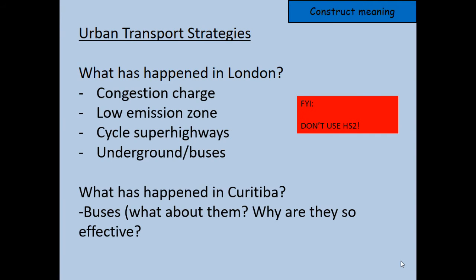You have to pay that every single day to go into London. Low emission zones, so there are certain areas where you can't drive your cars and things like that. They're hoping that the congestion charge will help with that. They've got lots of cycle areas, okay, so you can use your bike pretty much anywhere in London. They've got cycle lanes. You've also got bus lanes and things like that. Buses are really quite efficient in London. They come very often. So you're better off actually getting an Oyster card and using the bus